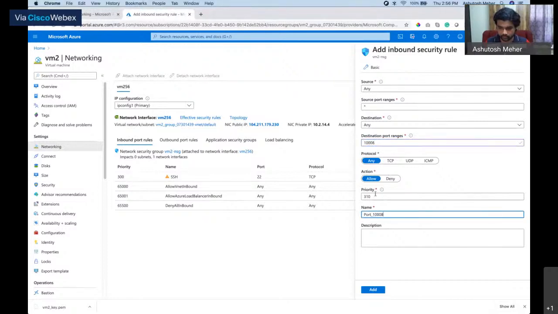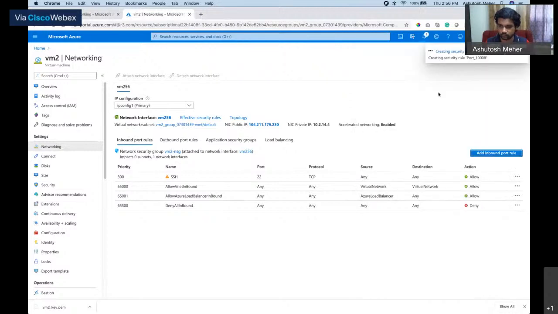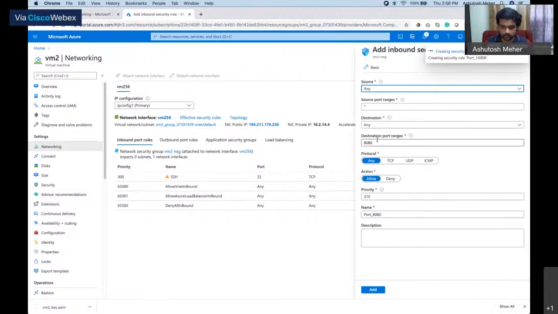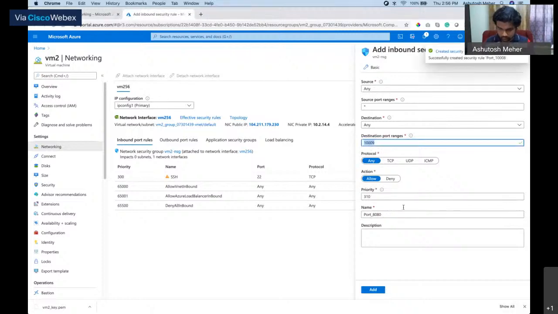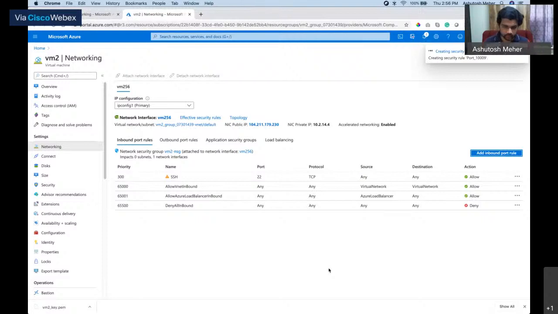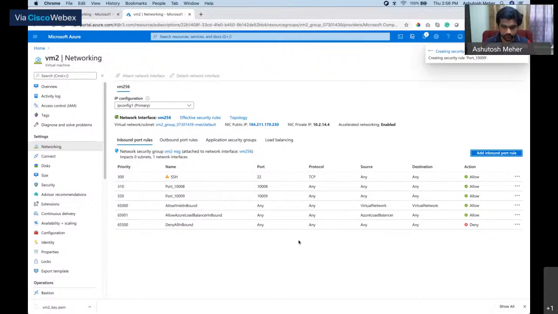Just give it a name. And 10009. Is that 9? Yeah, that's 9. And again, rename this to something else. All right, we are done with one node.